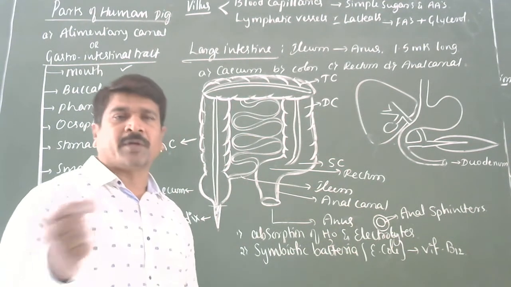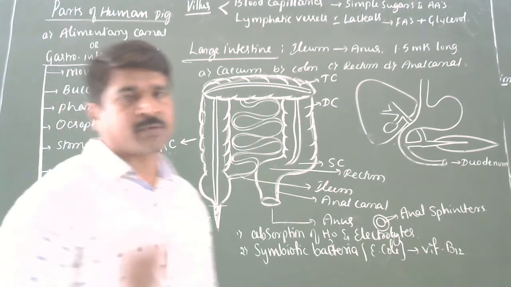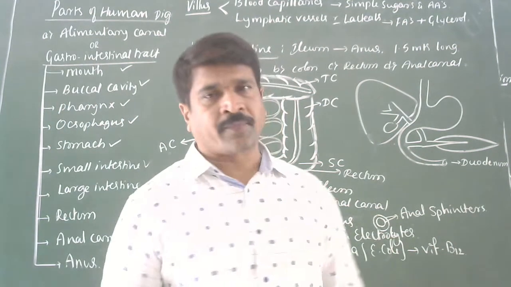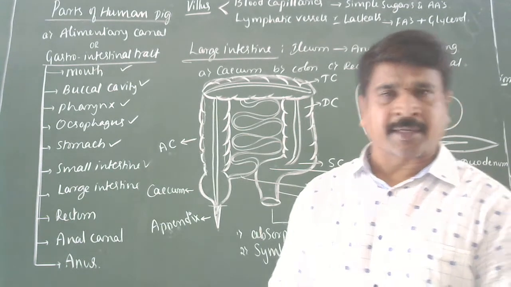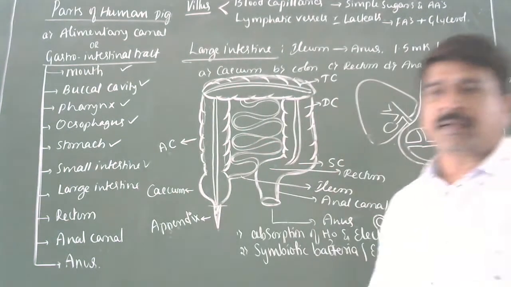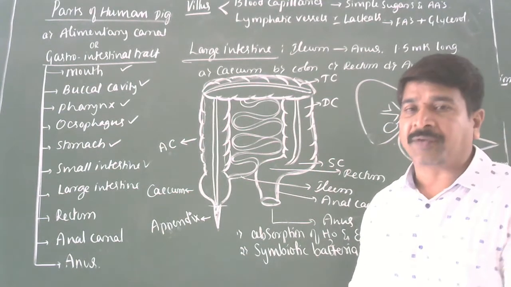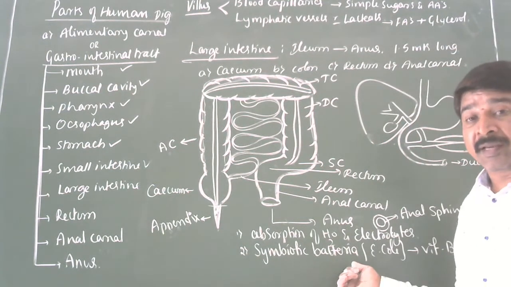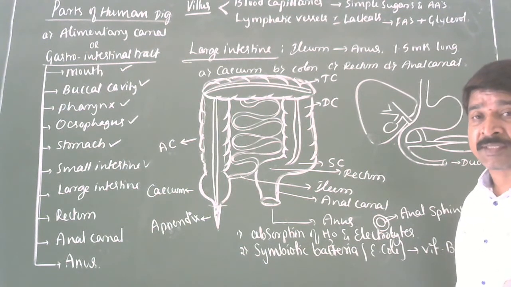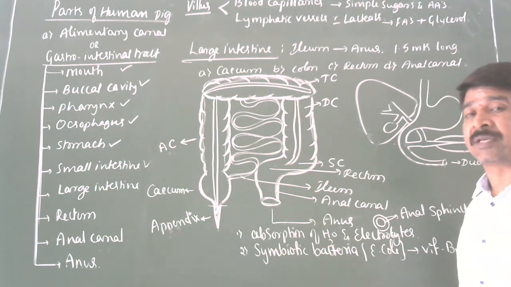Dear students, one point you should remember. This I read in one medical book actually. You know that in man, cellulose is a non-digestible polysaccharide. Correct? Cellulose is a non-digestible polysaccharide. You believe it or not? Due to the presence of E. coli bacterium, negligible amount of cellulose is digested in the colon of the large intestine.